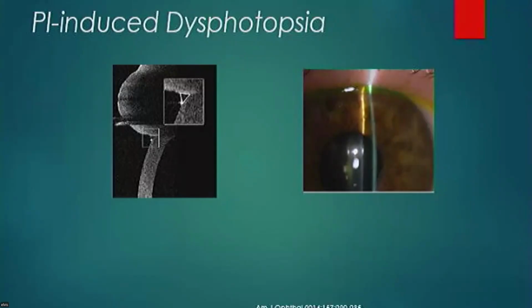So you might be prophylaxing against a disease that they don't have, but giving them a new disease, which is dysphotopsia. So a superior placed iridotomy can cause a horizontal linear dysphotopsia due to the prismatic effect of the upper lid and the tear film. So you get this blue line down below whenever overhead or en face light is applied in some patients. And so I advise